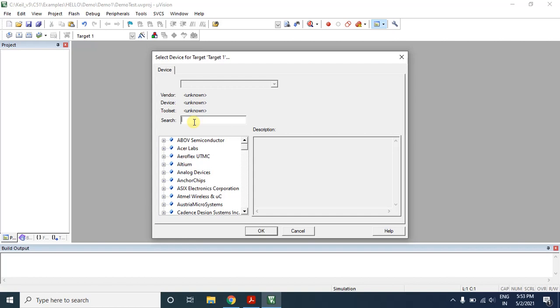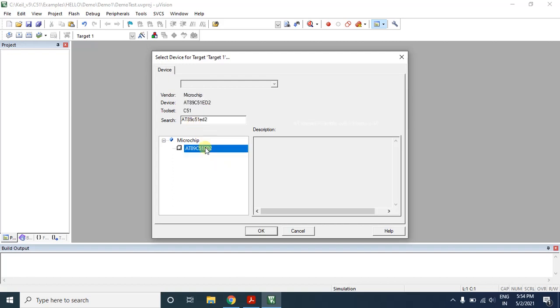This company has taken over Atmel, so let us choose from Atmel the Microchip Technology. So the target device is AT89C51ED2.